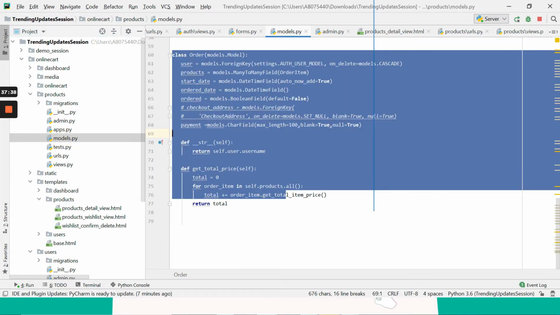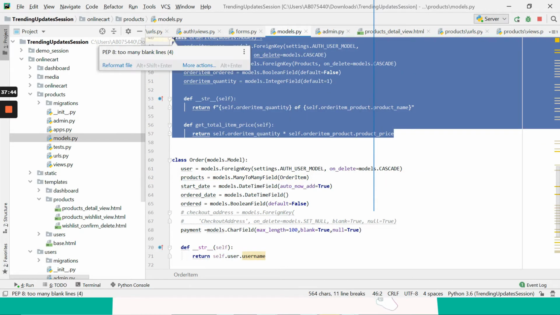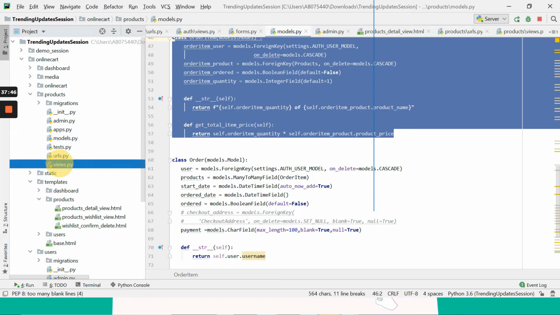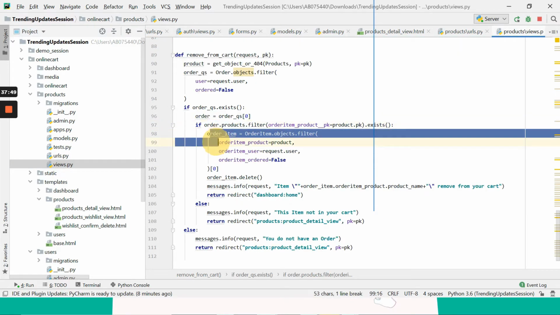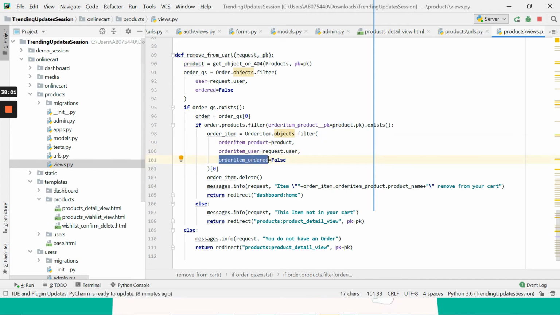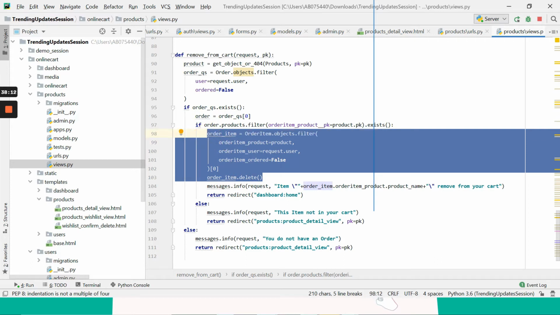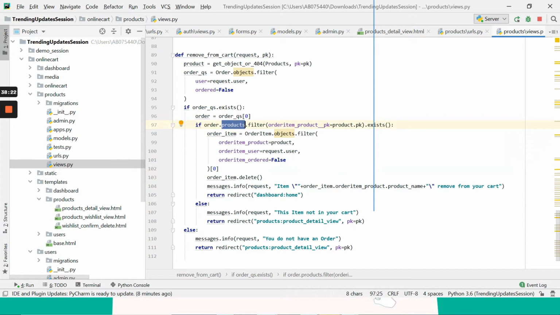I'll show you from the models. Inside the products, if this order item is present, whatever you are going to delete, if it is present, it will be true. And if it is true, first what you go ahead and do is filter with this user, filter with this product, and order item is false. If at all this is the case, just say order dot delete, order item dot delete. This will delete the entire order and not the quantity. I am not speaking about the quantity here. It will delete the entire order from that particular model, that is the model called order item.